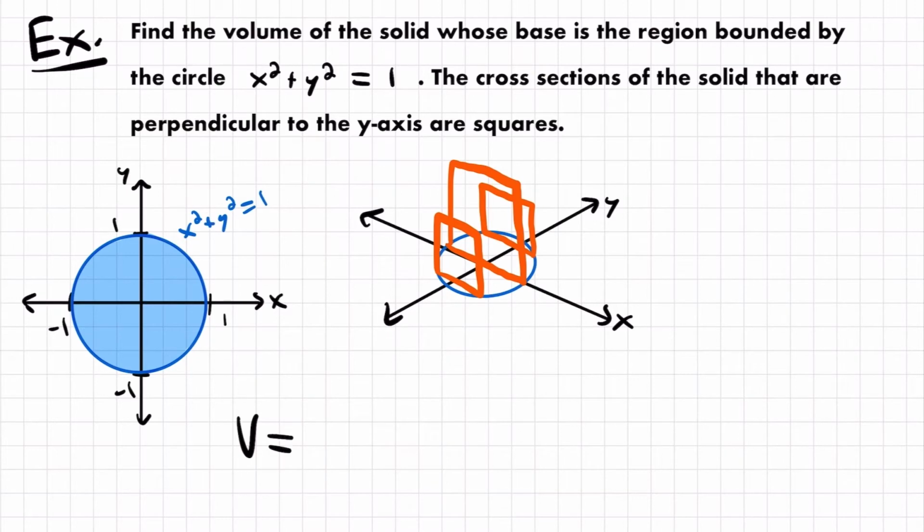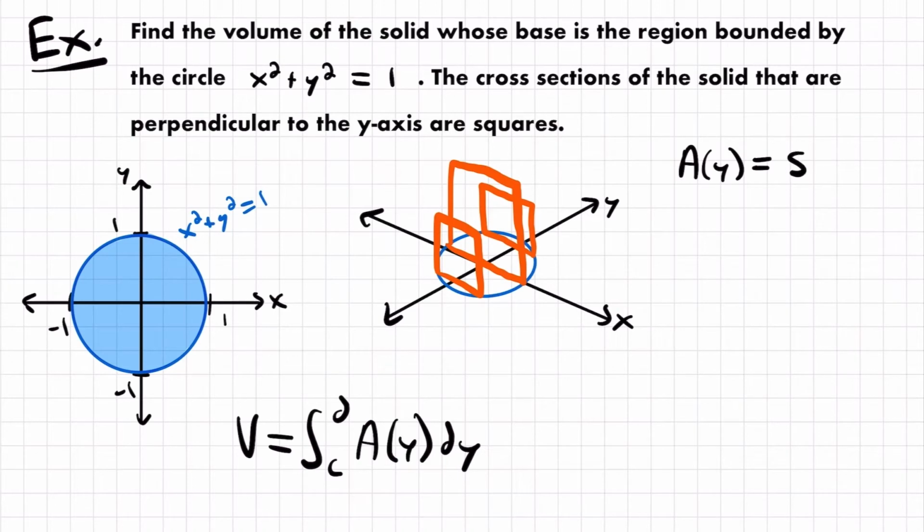We'll have that the volume is equal to the definite integral from c to d of the cross-sectional area in terms of y times dy. Now the cross-sectional area in this case is going to be the area of a square. And we know that the area of a square is equal to the length of one of its sides squared. And so in this case, we need to determine what the length of one of the sides of these squares